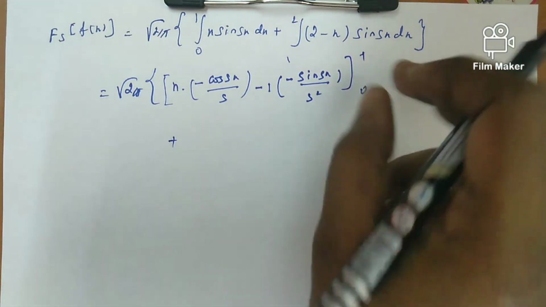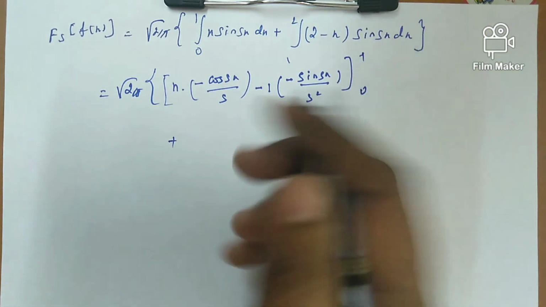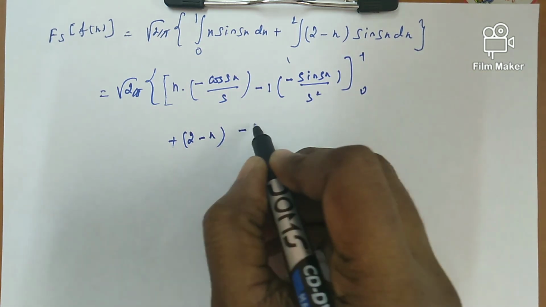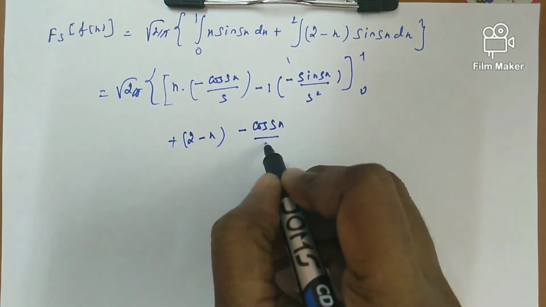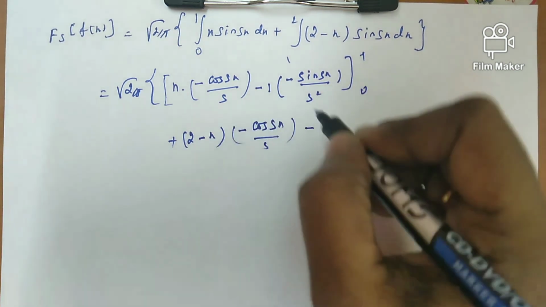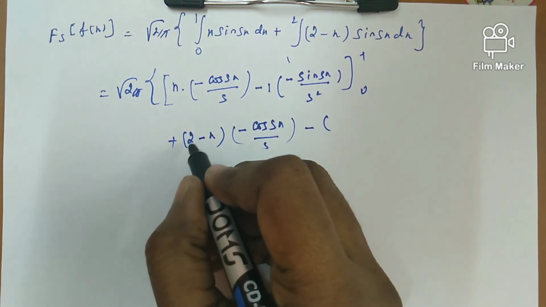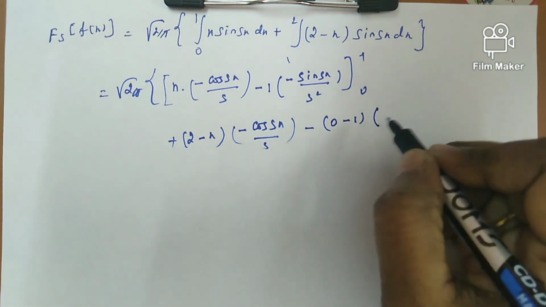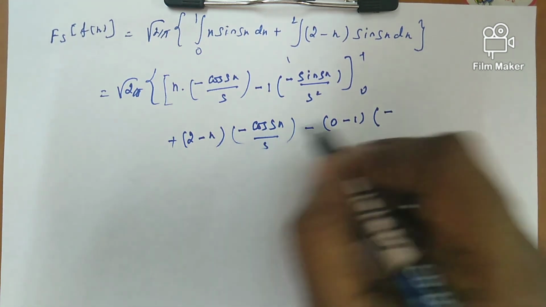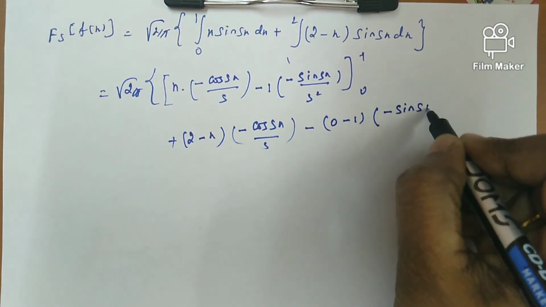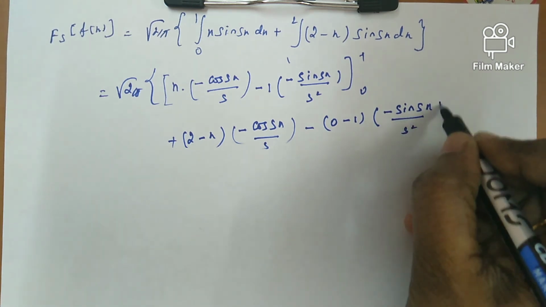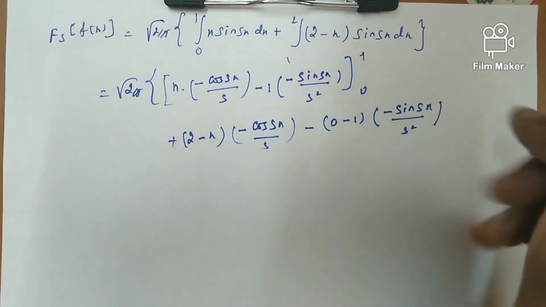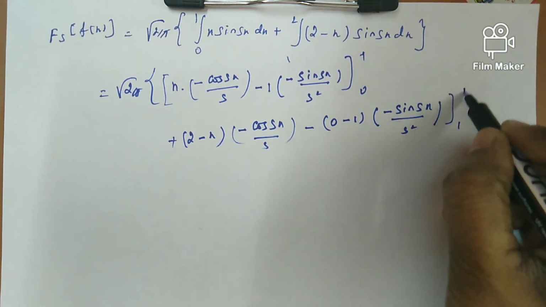Then plus next integration, this is our u and this is our v, so keep u as 2 minus x, integration of sin is minus cos sx divided by s. Minus differentiation of 2 minus x. Differentiation of 2 is 0, and differentiation of x is minus 1. Then integration of cos is sin, so sin sx divided by s square, because already one s is there. Then again differentiating, this will become 0. So we can stop up to this, with the limit 1 to 2.